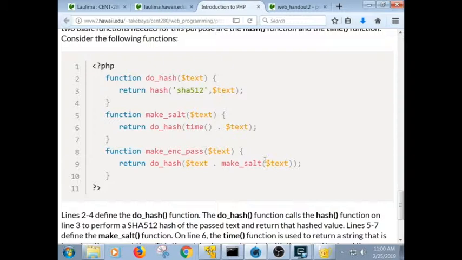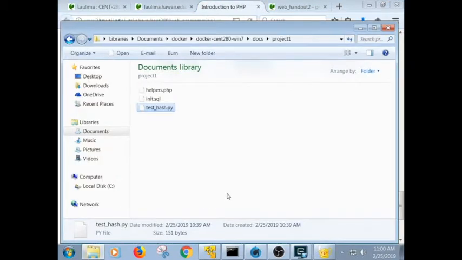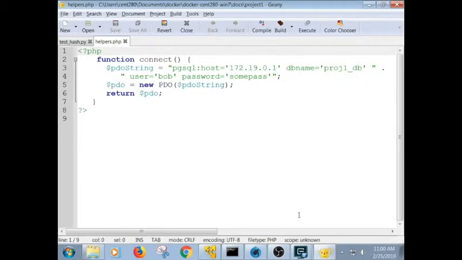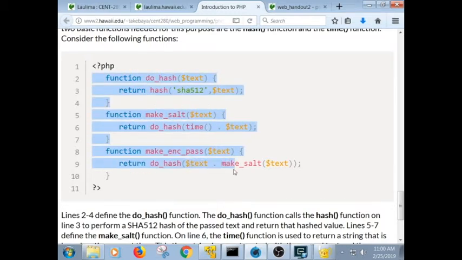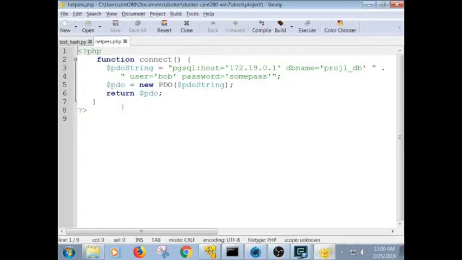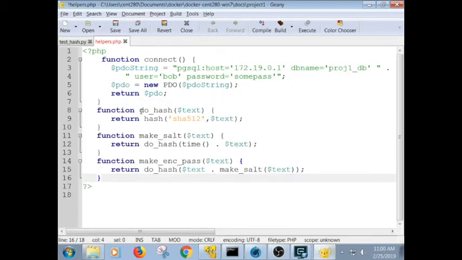Okay, so here's what we're going to do. We're going to go back to Windows Explorer and see this helpers.php. We're going to add those functions, because this is a PHP script, into this script. So I'm going to open this and return back to this page right here. I don't need this part here because that's just the starting tag for PHP. But what I want to do is grab all of these functions. So I'll go Control C and paste it in